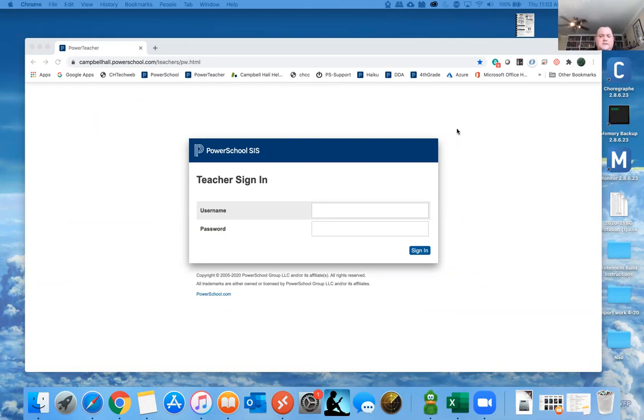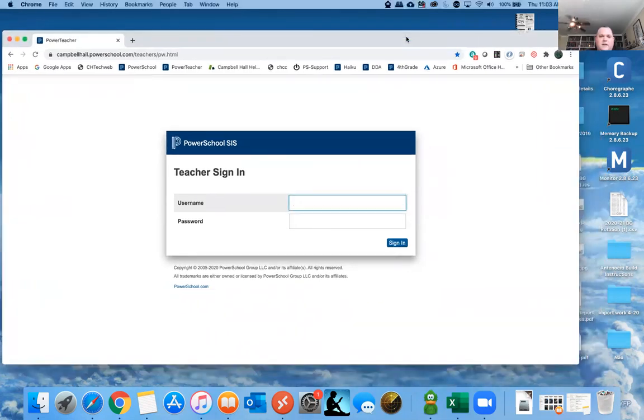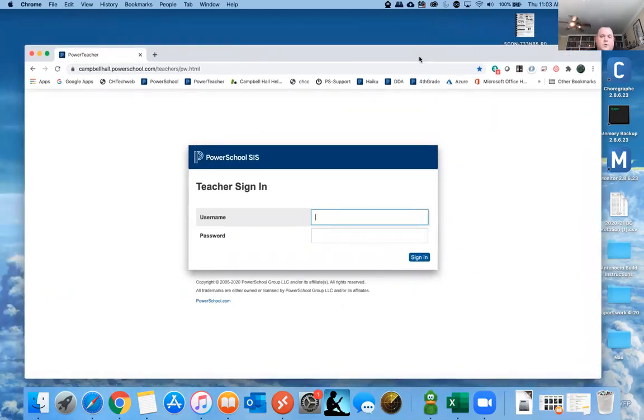So to access the gradebook, you want to go to the PowerSchool teacher portal. There is a link for it under My CH, so you can always go there if you've forgotten it. I recommend, though, that you bookmark it. Depending on how much screen space you have, if you want to follow along with your gradebook at the same time, certainly feel free. Maybe you could have my presentation on half the screen and yours on another. Or if you just want to follow along with my presentation and look at yours later, whatever works for you is totally fine. But I would recommend bookmarking